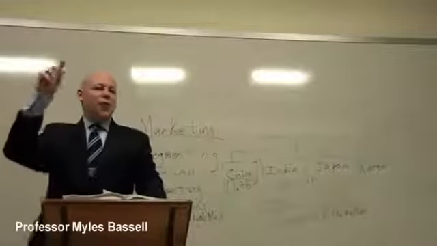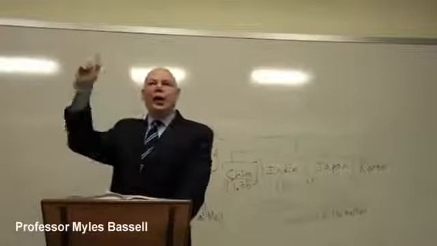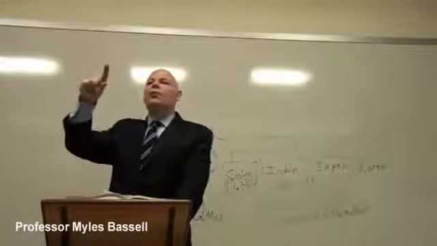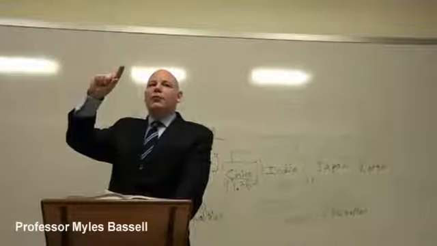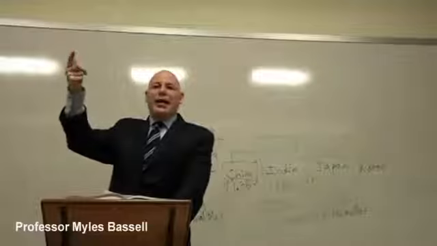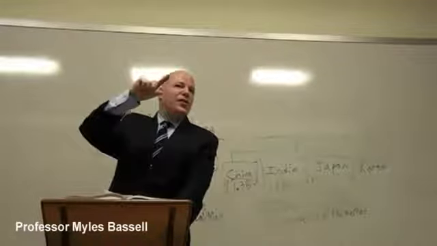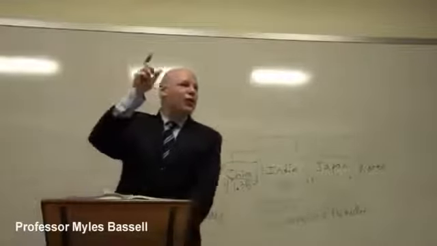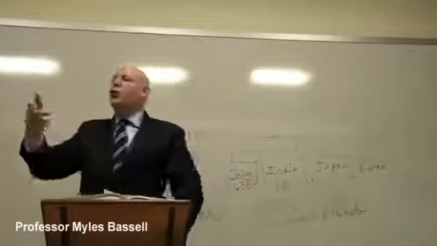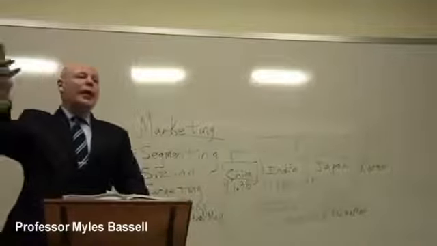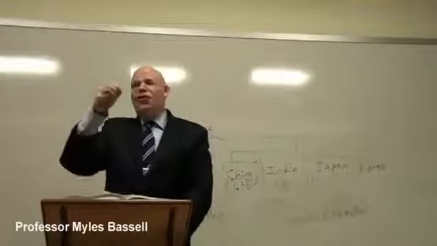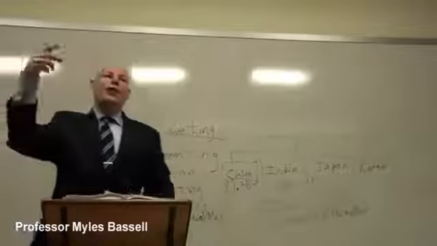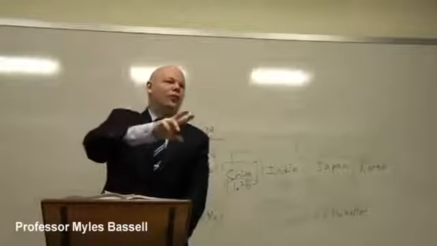Remember the first day we talked about the difference between a marketing orientation and a production orientation. Production orientation means that we try to sell what we could make, whereas the marketing orientation is we make what we could sell. Remember we talked about that distinction? So it's not just because we have a soft drink bottling capability that we're just going to produce soft drinks and just try to sell as much of that as we can. That's a production orientation. The marketing orientation says we're going to find out what customers want.